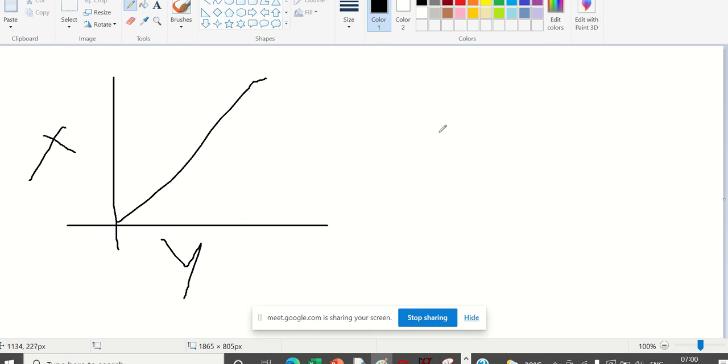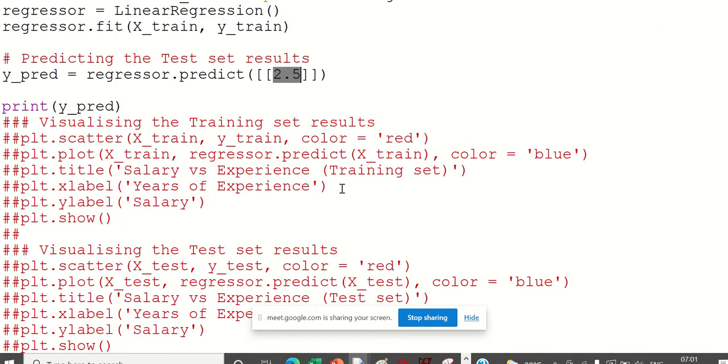Now it will be multiple versus 1. So y, the output, will be 1, but there will be different input variables. There will be x1, x2, x3 and x4, like that it will be multiple. Based on that we will get the y. So we have to see how that can be achieved.